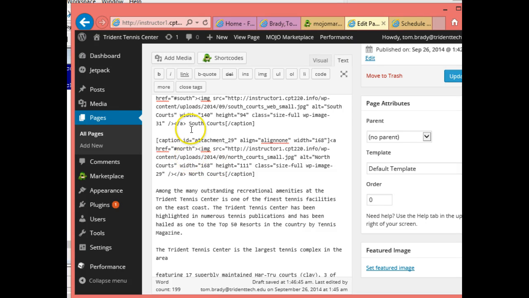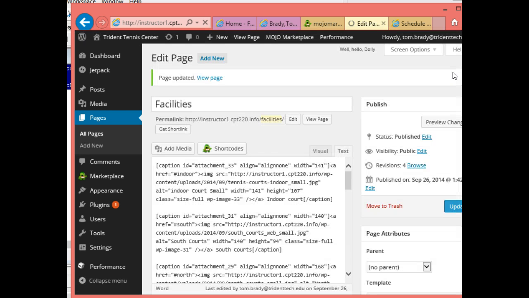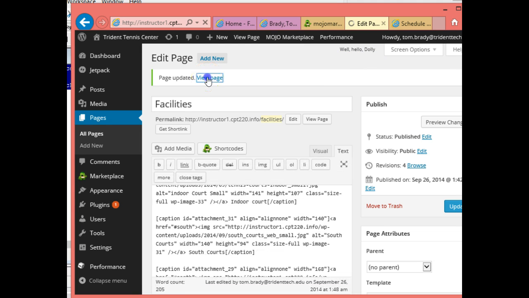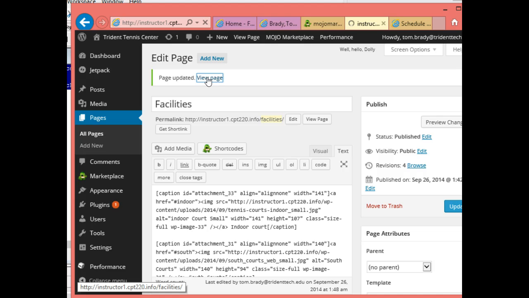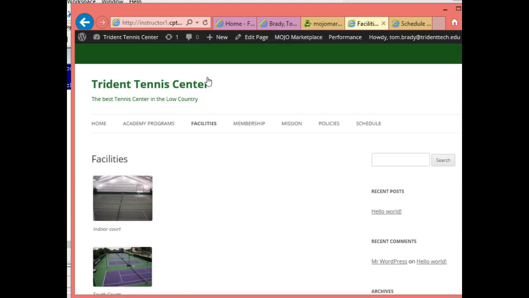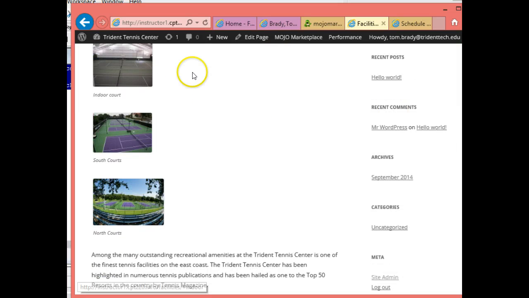Okay, so now we have the north, the south, and the indoor. Let's go ahead and update it and see what we've done. All right, and let's go ahead and view the page. All right, so that's great. We have these, but we want to have them go across the page rather than down. And for that, we are going to have to,